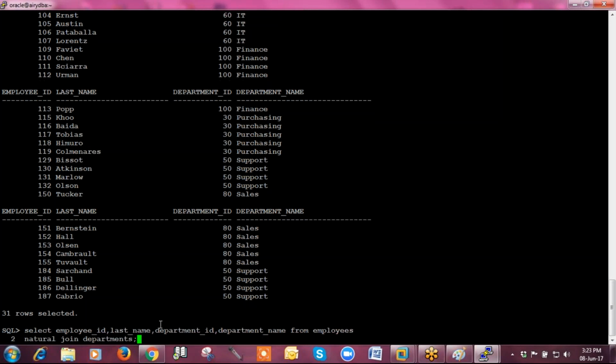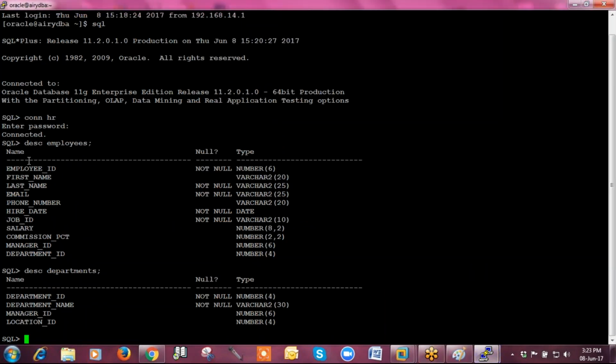It is kind of like an AND clause, meaning both columns should match each other's values, and then it will show the result. Exactly. It will pick up the first line of the employees table and match that manager ID and department ID with the department ID and manager ID of the departments table. Then only the corresponding employee ID and last name from the employees table and the department name from the departments table will be displayed to you on the terminal.